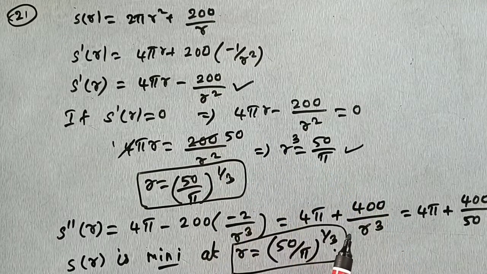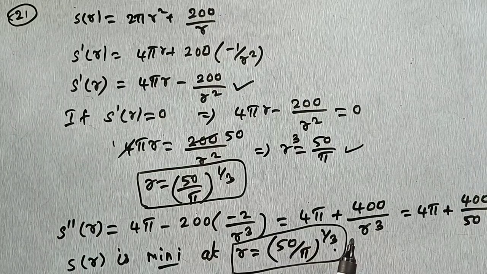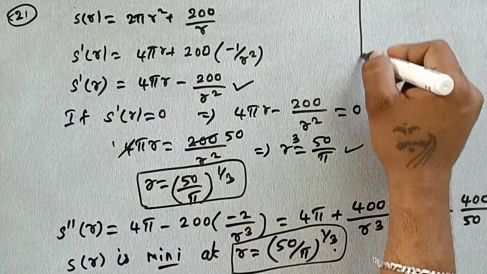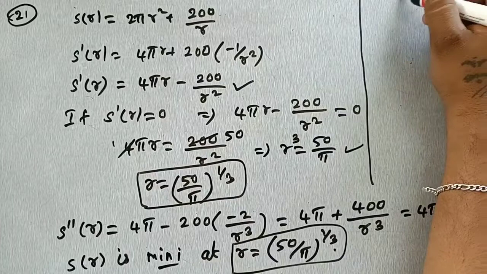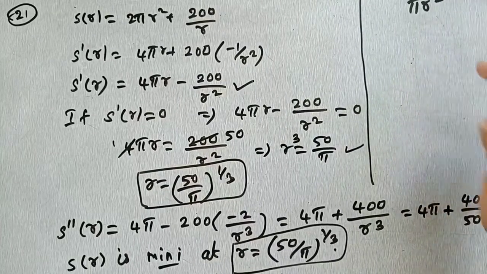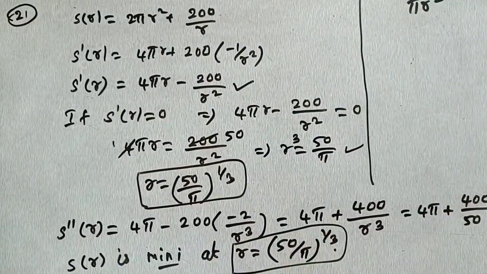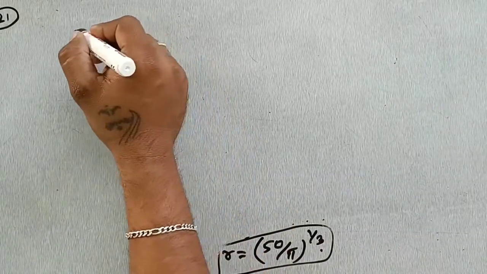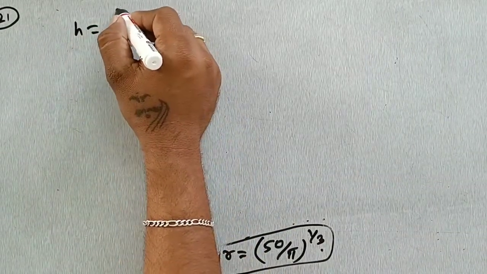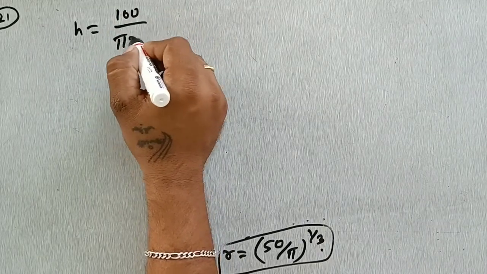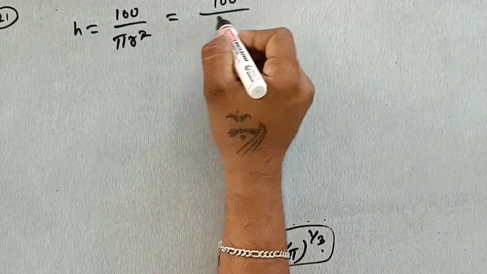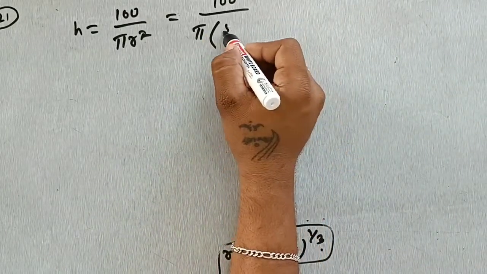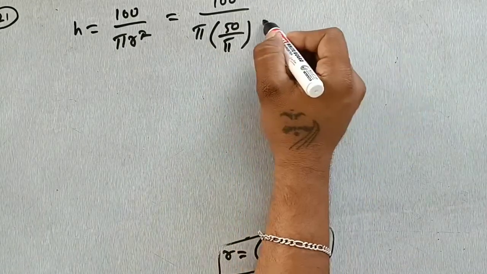So substitute this R value into the equation. We have already written H equal to 100 by pi r square, and I am going to use that here. So H equal to 100 by pi into r square. Substitute the r value here. So we will get 100 divided by pi into, r value equal to (50 by pi) power 1 by 3,